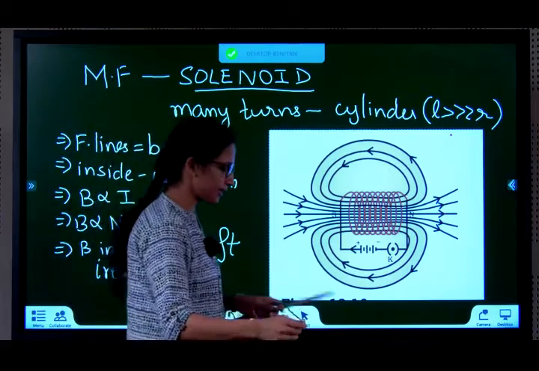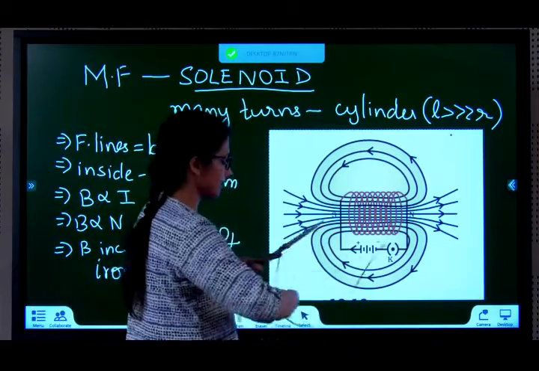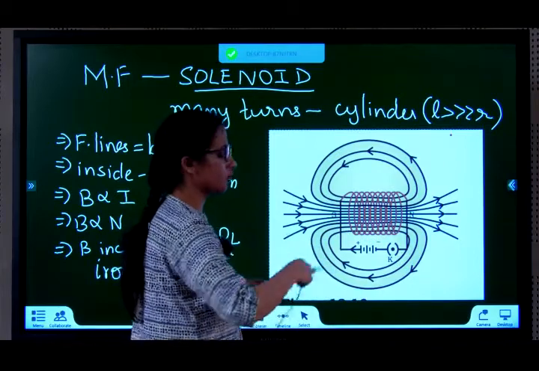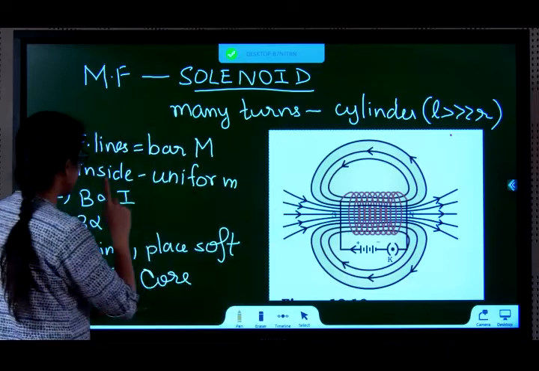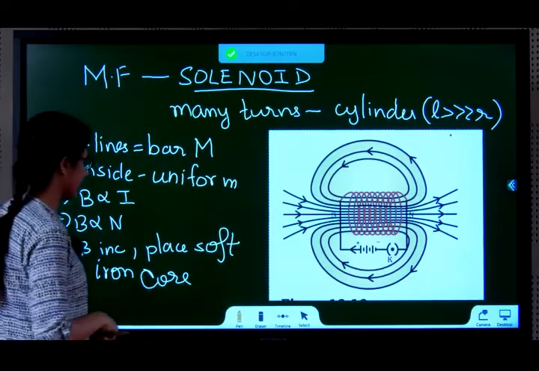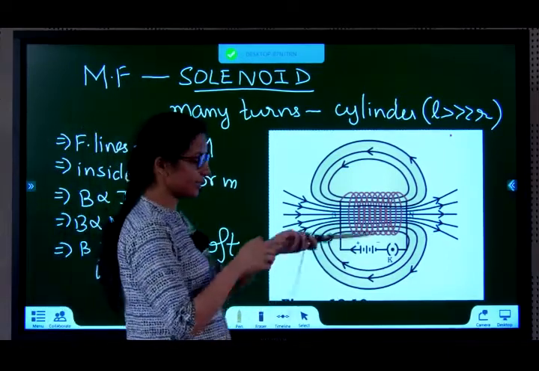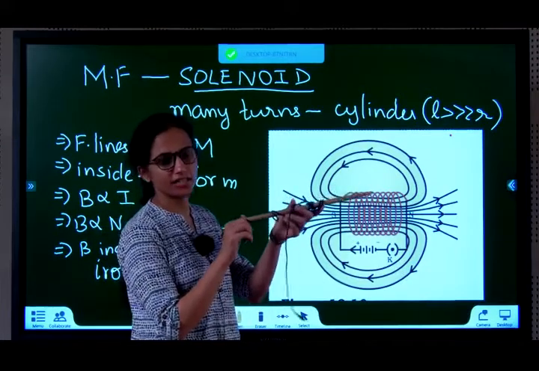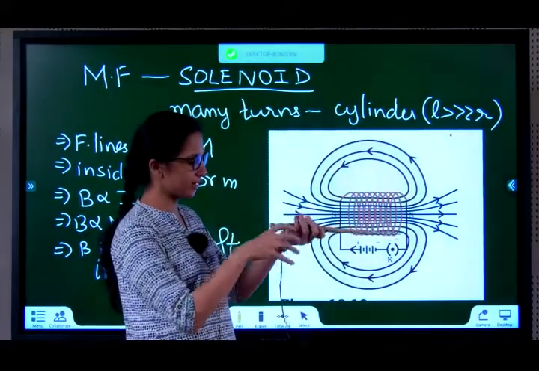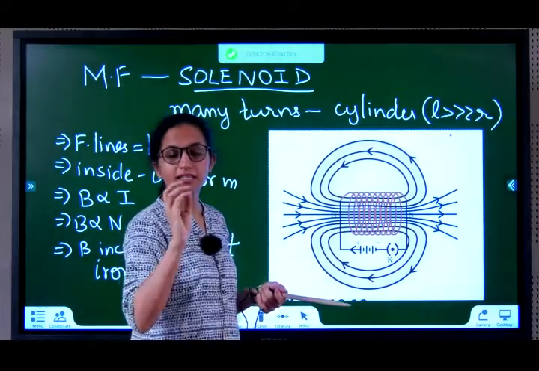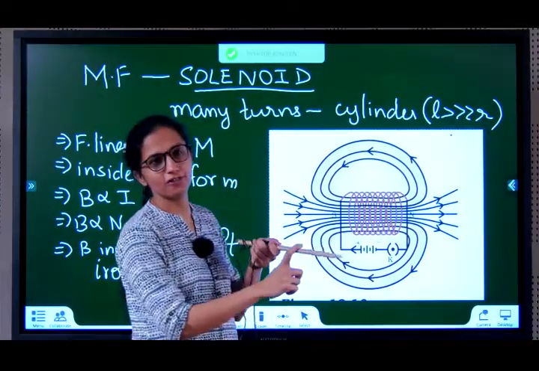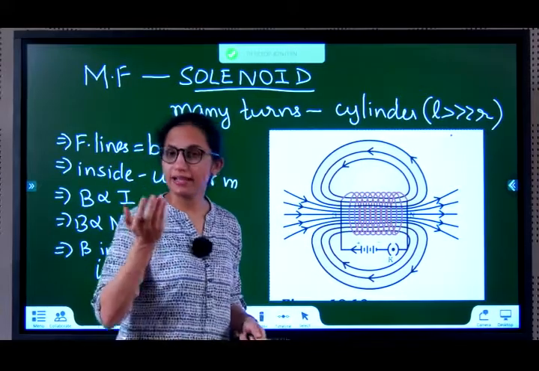If I increase the number of turns, get more wire and put more number of turns, more number of turns means more magnetic field strength. B is directly proportional to N. Instead of using this wooden object, just an insulator, once I form the solenoid, if I keep a soft iron core here instead, that will also increase the magnetic field strength.